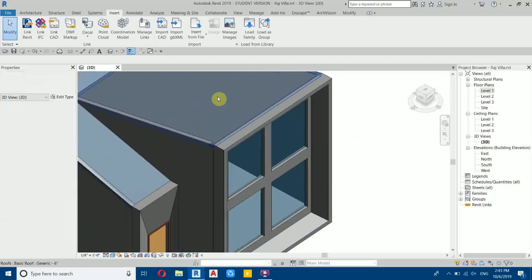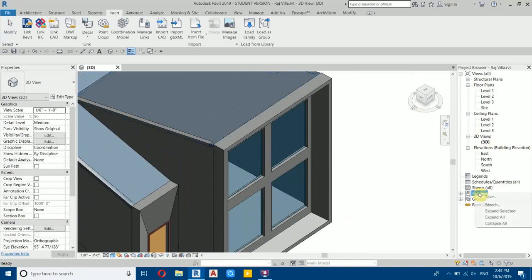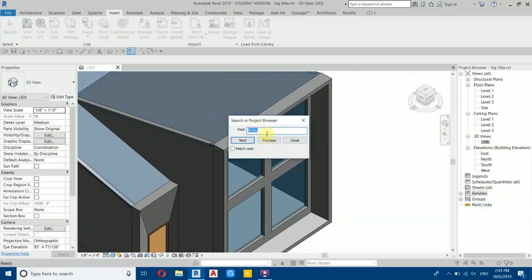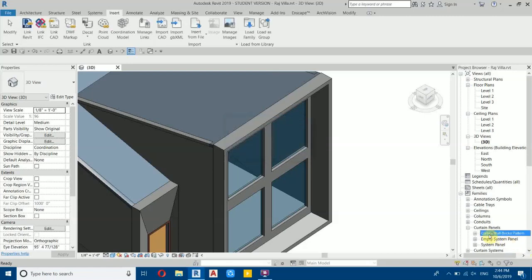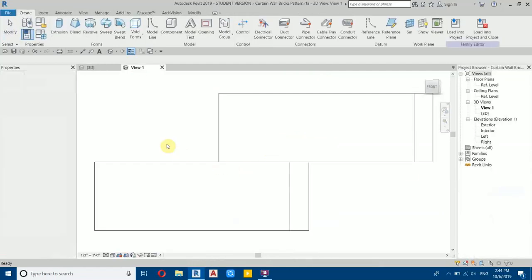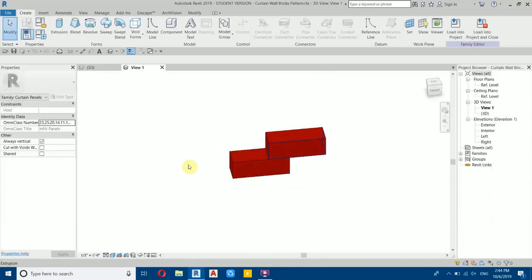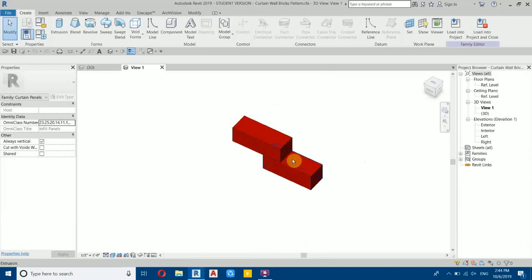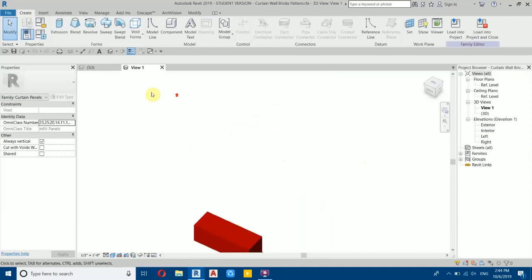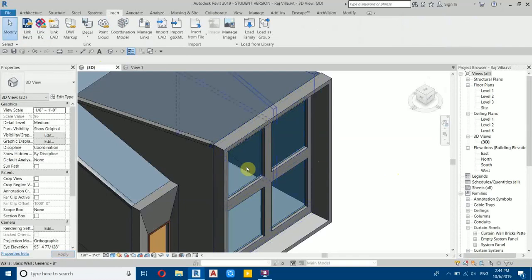Anyway, it's just a basic family. I will just show you. So let's go here, families, search for that family name, bricks, and then next. Okay, close that, and here we have that family. Right click, edit, and you can see it's just a basic Revit family. I just created these two extrusions. You can create this yourself if you want. It's not that difficult. Anyway, let's go back to our project and